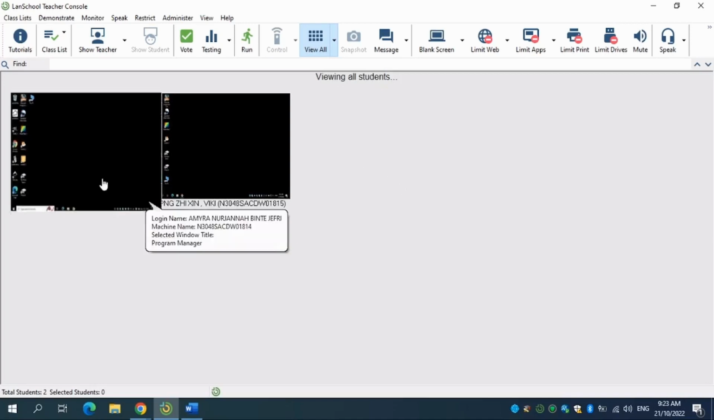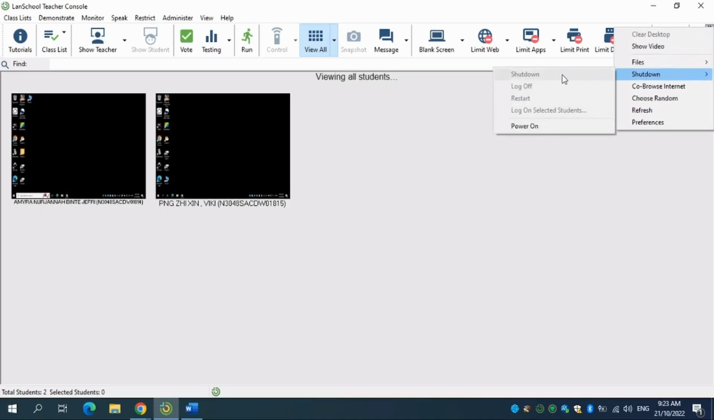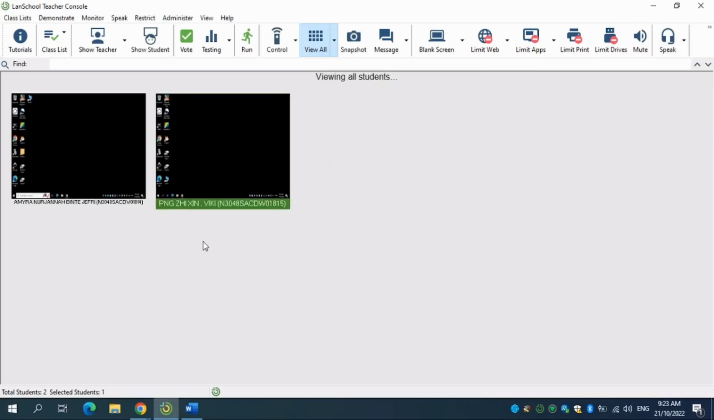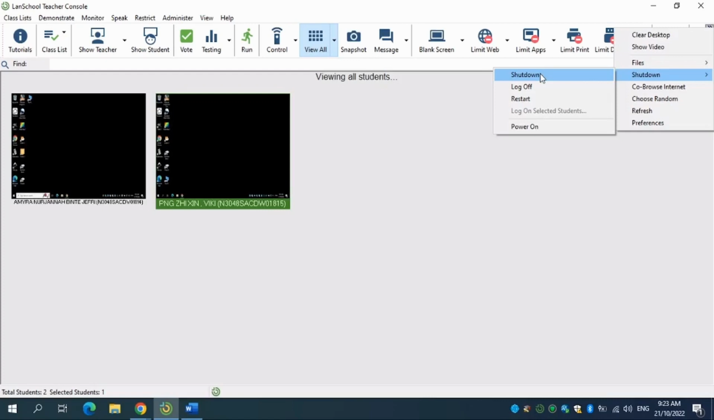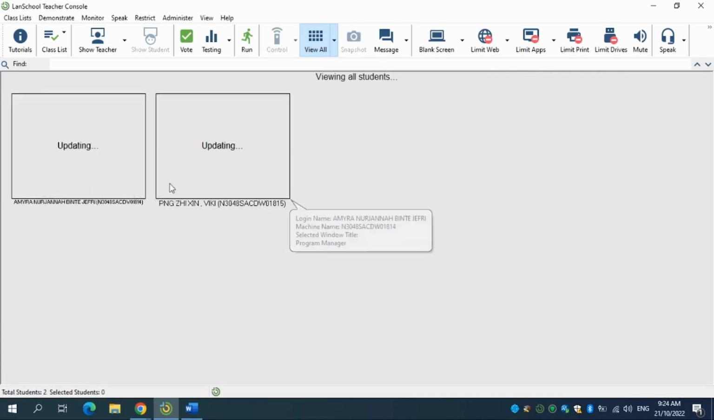All you need to do is click on the double arrow, which is the more icons, right at the end. And you can see a command called shutdown. Now, at the moment, the shutdown is grayed out, and that's because for the shutdown command, you need to select the systems that you want to shut down. For instance, when I click on the student, I select the command, I click on shutdown, the option shutdown will appear here. So click on shutdown. Now it will give you a warning to say that this will force the selected computers to power off. All right, so click on yes,